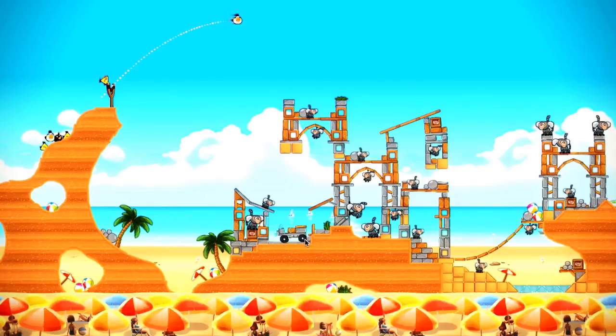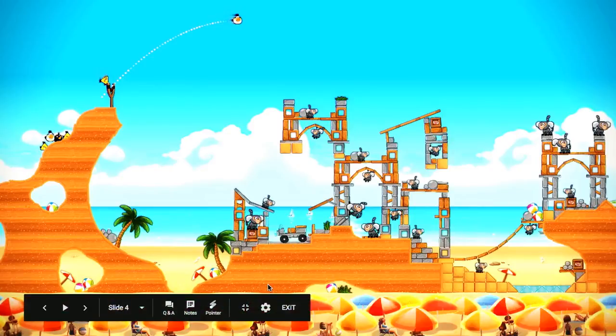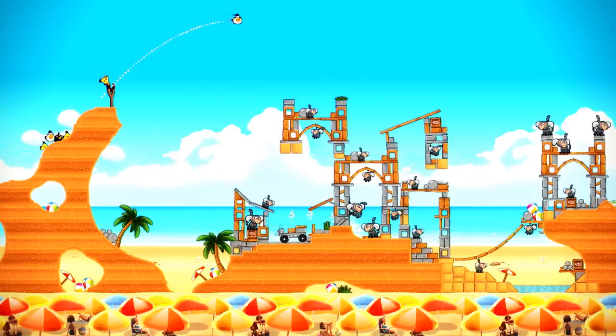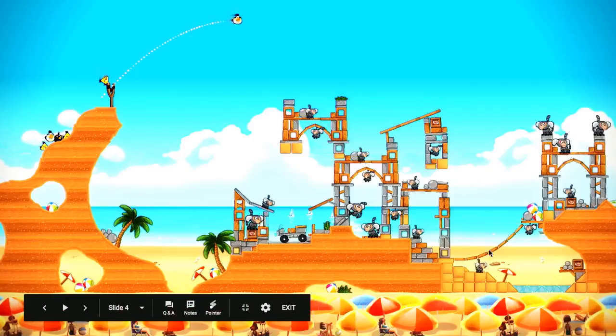In this case, there's the two circle shapes here, circle fixtures that are the wheels on this cart, and then they're welded to the flat sort of constructions here. But that's allowing those to be dynamic, allows the wheels to roll and therefore carry the other load with it. Same with this bridge. I forget the exact name of the joint, but it's a chain of fixtures together that are welded by a specific kind of joint. And by putting them together in this way, you get a sort of bridge